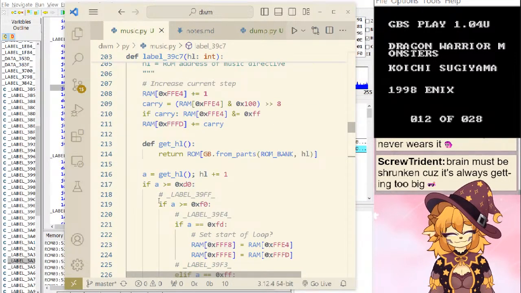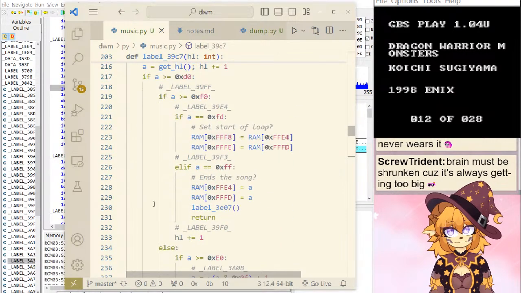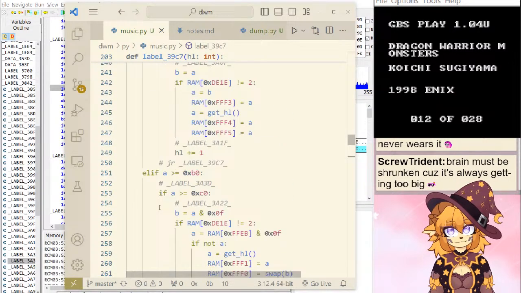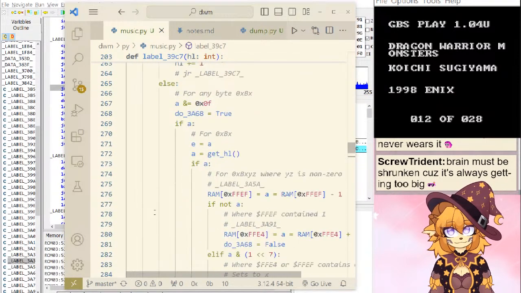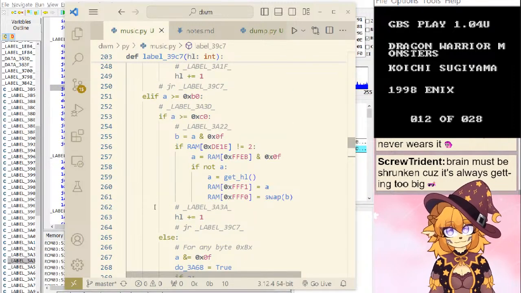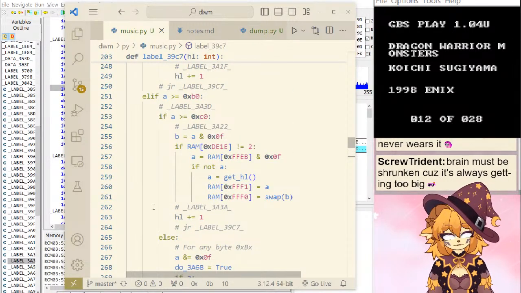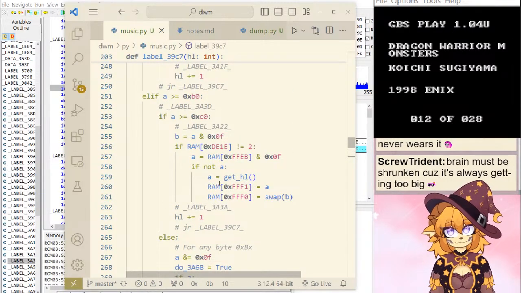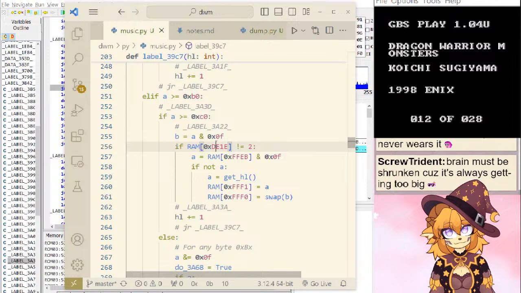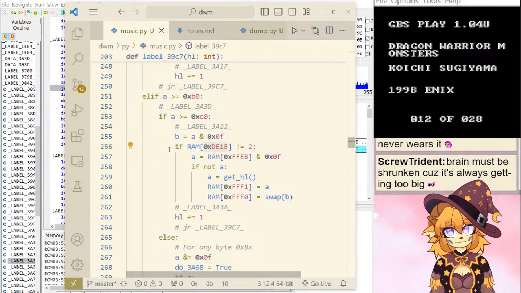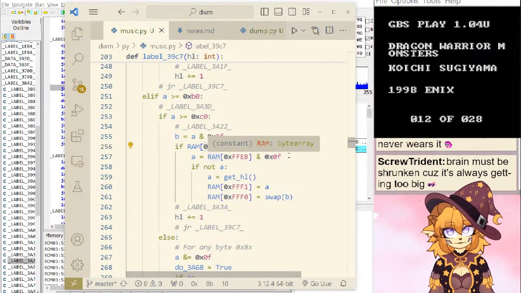Yeah, we did the B. Oh, we did just the B0 part. So what's the C0 part? C0 part is a little different here. E1E is the channel index, so that's samples.